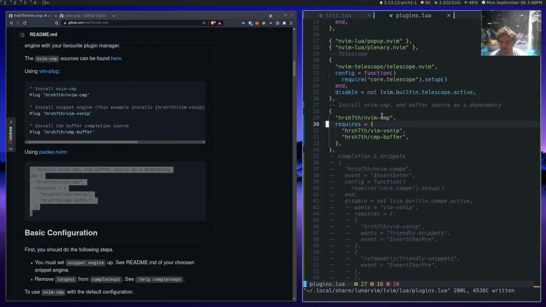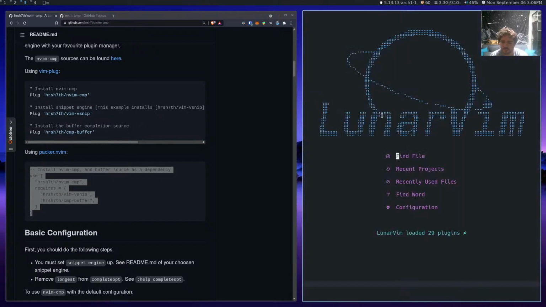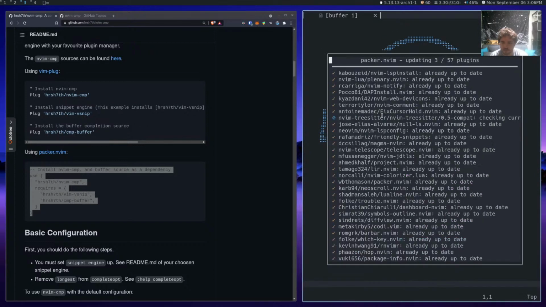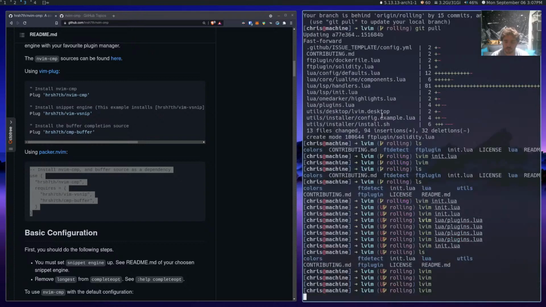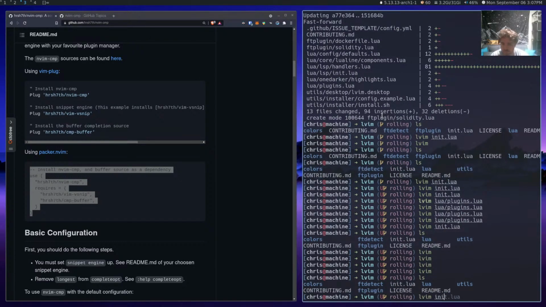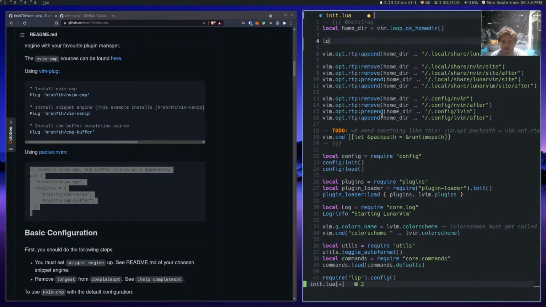Because, again, I want to abstract this pain from people. Okay, let's reopen, Packer update. Okay, now we've installed CMP buffer, which should give us buffer completions, and vsnip. So I don't know if there's a setup we have to do or how much of this works out of the box. Looks like none. Can we do that? No inserted text yet. Okay. What about, they said it was pairwise. All right, nothing like that happens out of the box.